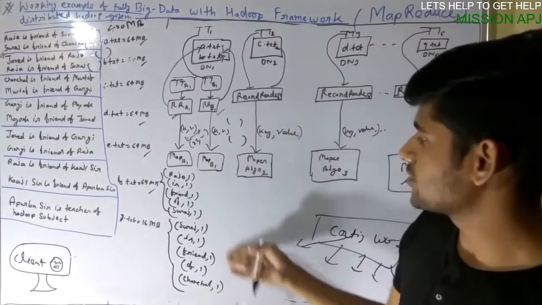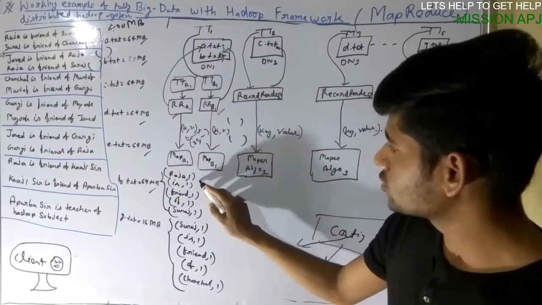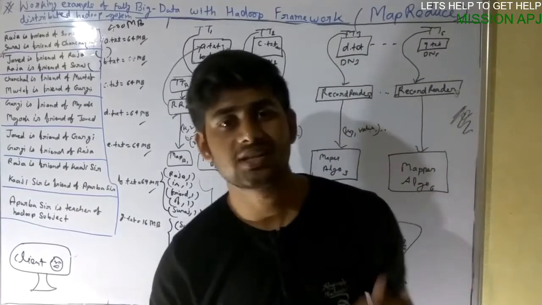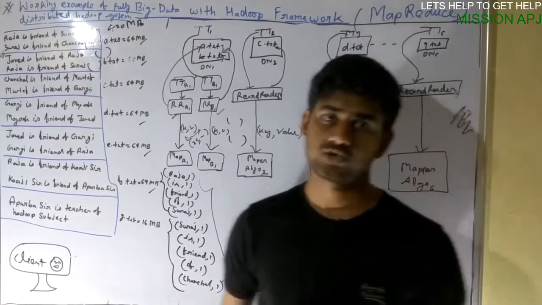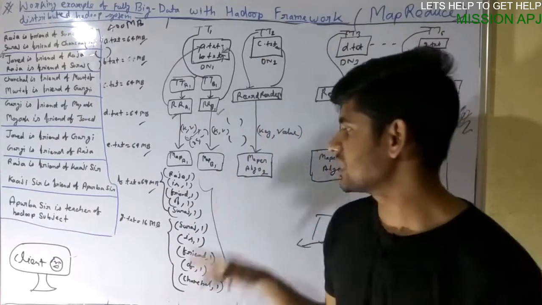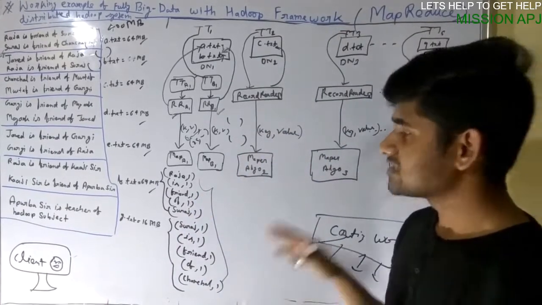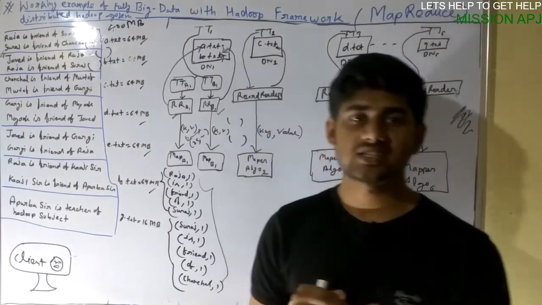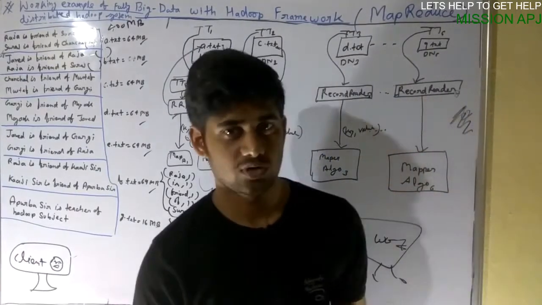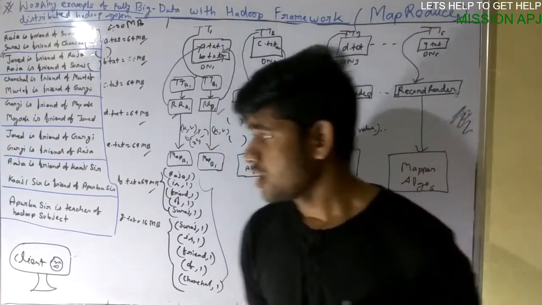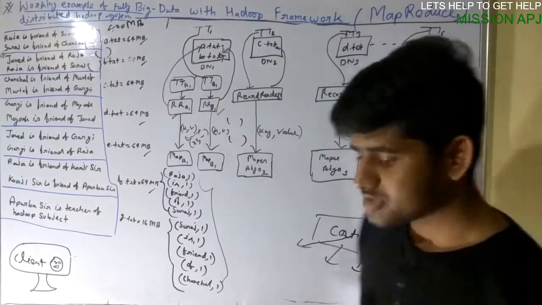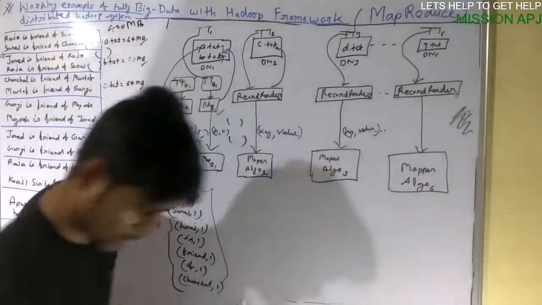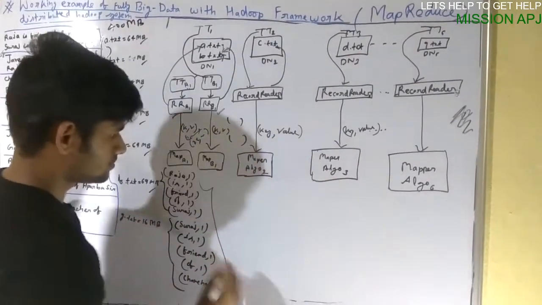This output has been achieved by the mapper algorithm. Now we need to do some processing on it. This data will be fed to another algorithm known as the reducer. What it does is take the output of the mapper as input and do two things. It shuffles and sorts the data and gives the output. Okay, so when a reducer comes into play,